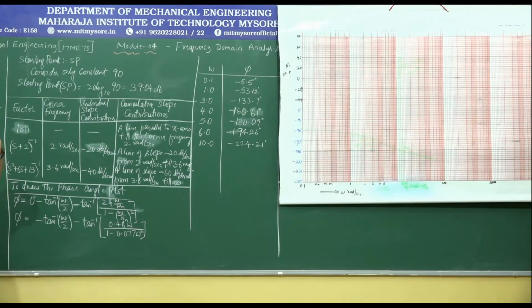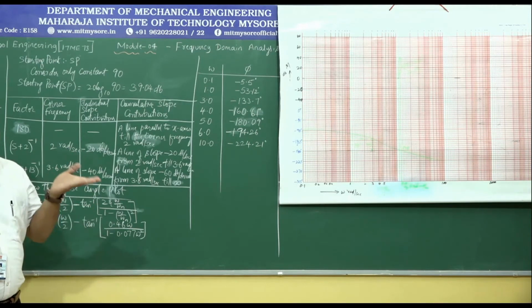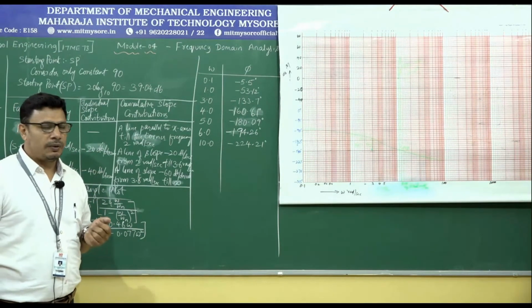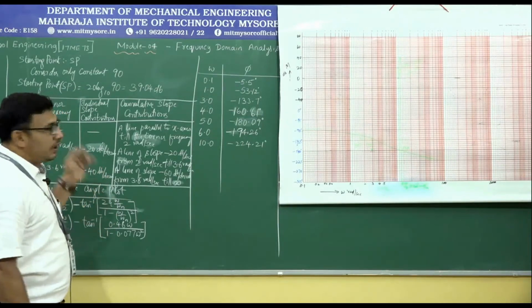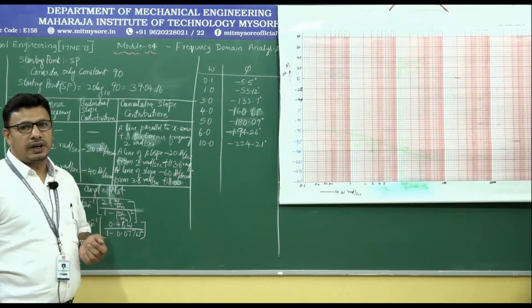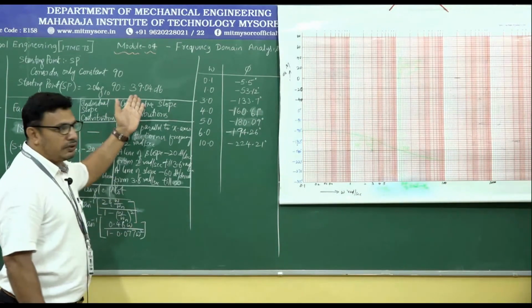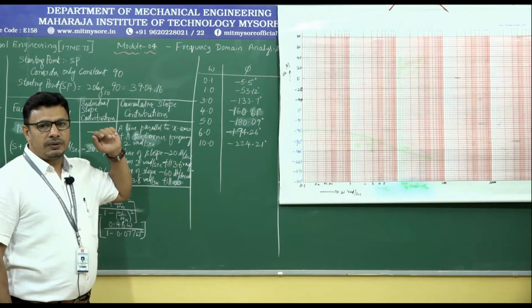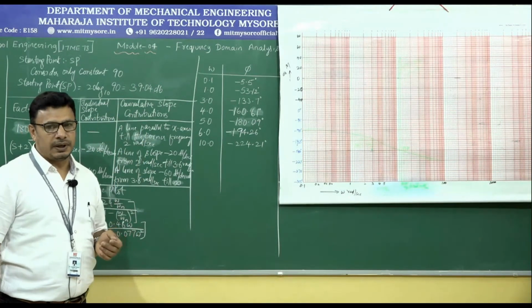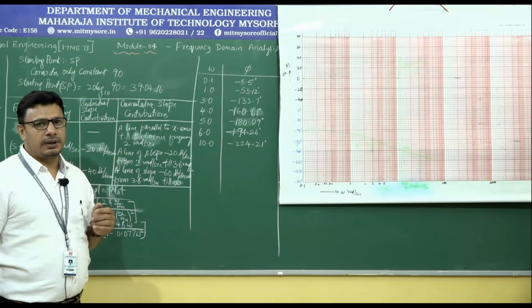previous problems we had assumed the starting frequency maybe 0.1 or 0.01 or 1 radian per second as such, and the concern was the starting point should have been obtained above 0 decibel line, a positive value of starting point should have been obtained. Now here in this problem, since there is no s power n factor, what we could do is, we have calculated the starting point without assuming the starting frequency, and fortunately we got the starting point to be 39.04 decibels, which is very much above the 0 decibel line. Therefore we can be assured that the gain crossover point will be coming into existence.